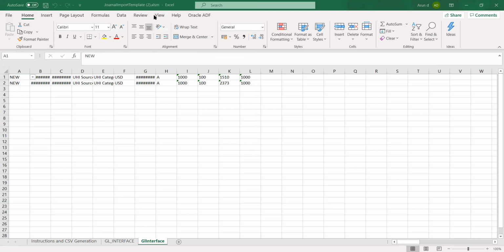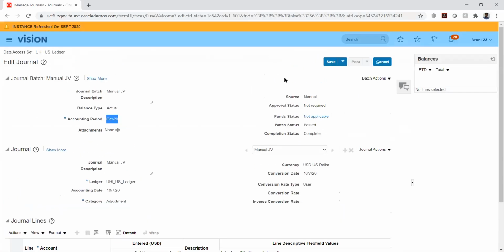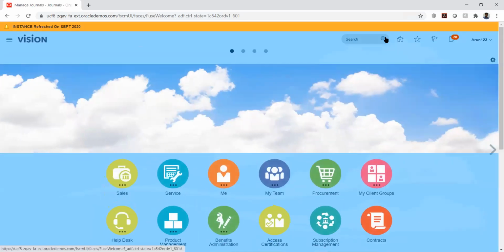So the CSV file is saved. Maybe we can now load the journals that we created using FBDI.